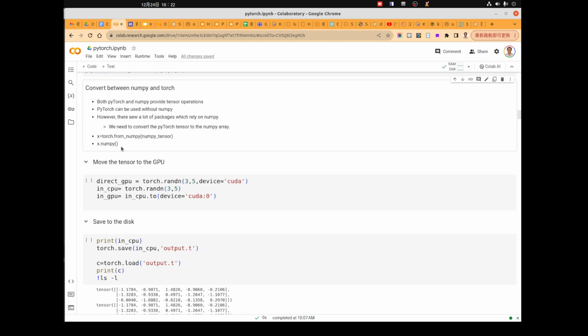For example, our model can generate some images and we want to display those images. In this case, we need to use some NumPy-based libraries such as Matplotlib to draw the output picture on the screen. So we need to convert the data back to NumPy first.